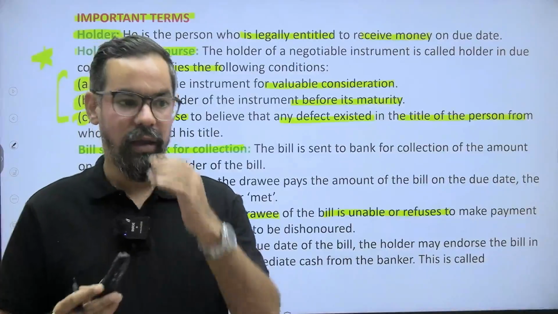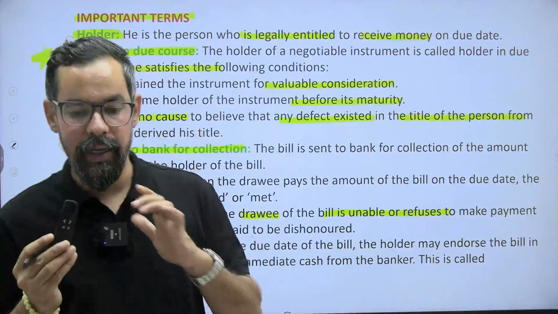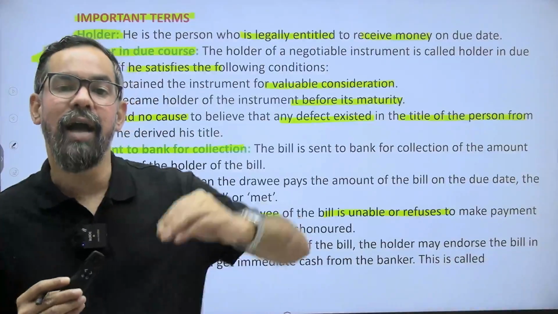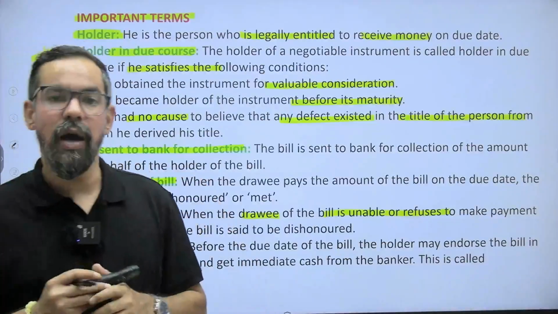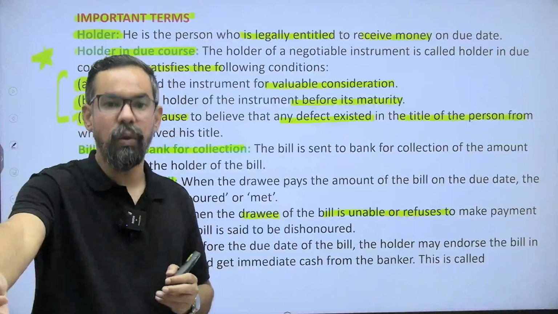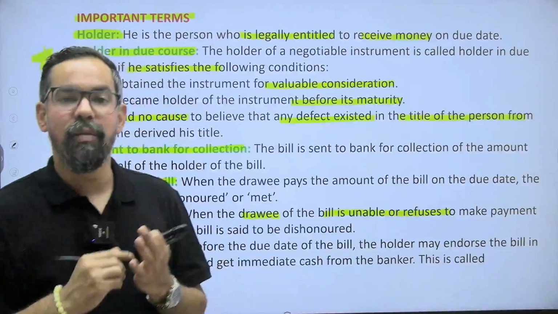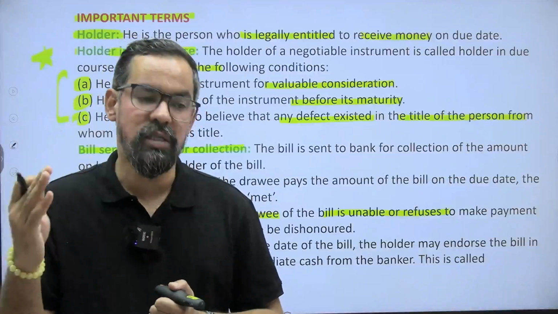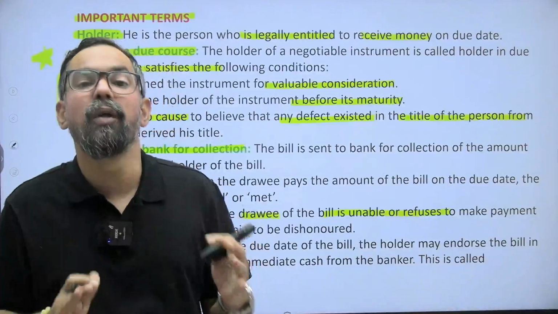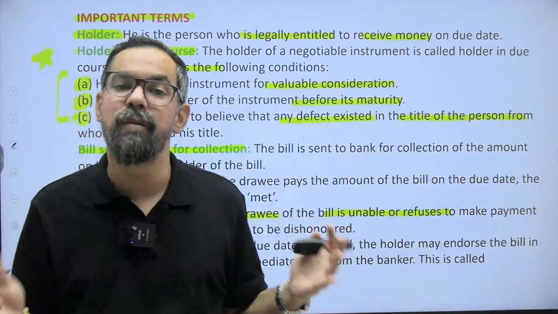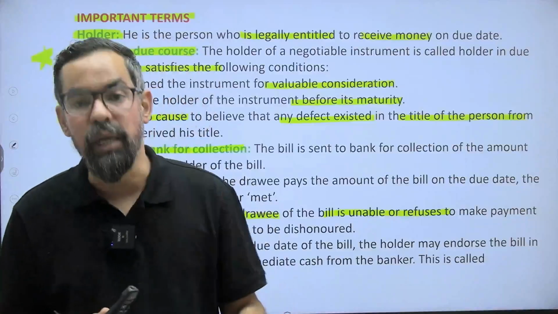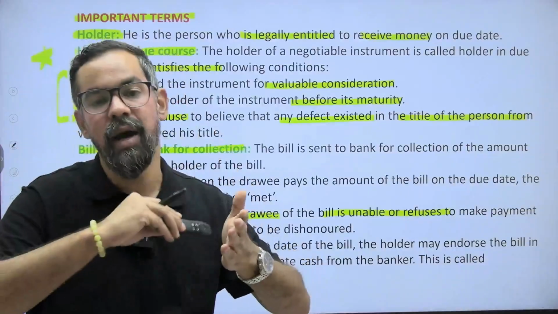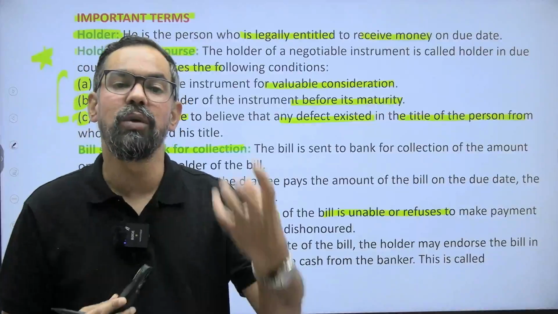I did an export worth rupees 10 lakh to party ABC. I'm going to receive that 10 lakh after 3 months, right? So now I approach you as my banker, saying I am going to receive this particular money or value after 3 months, but for working capital purposes and other business purposes, I need some money. So I have given you the authority, I have passed the ownership to you, and you discount that particular bill